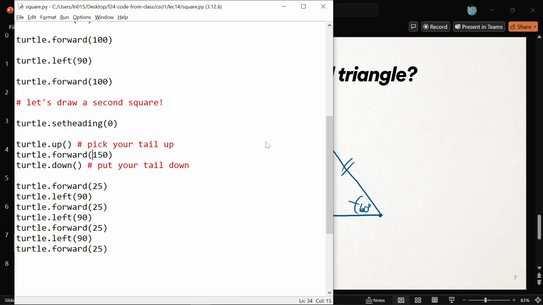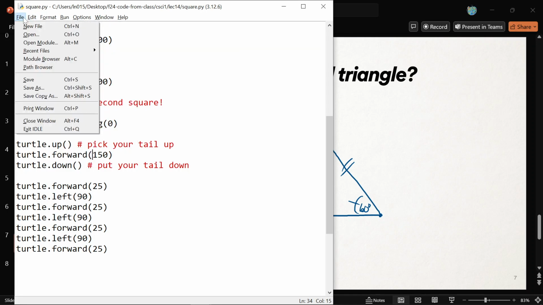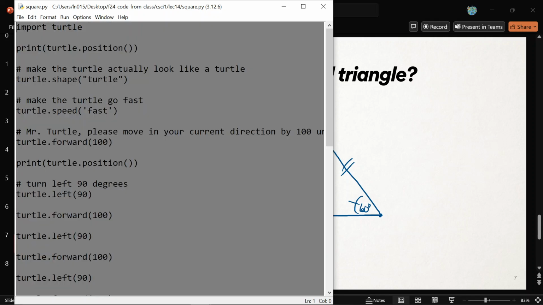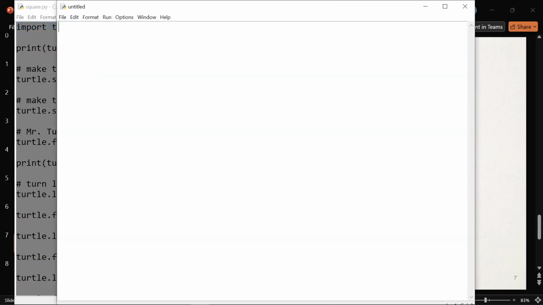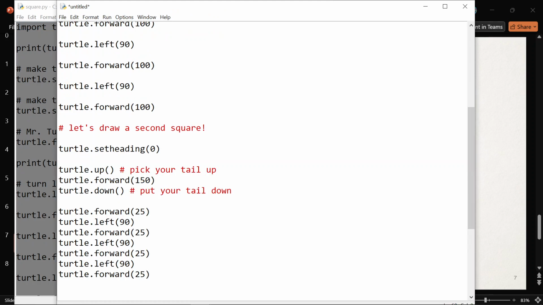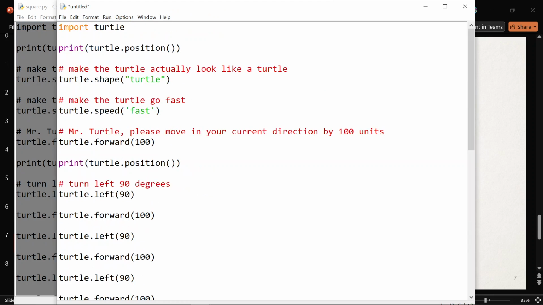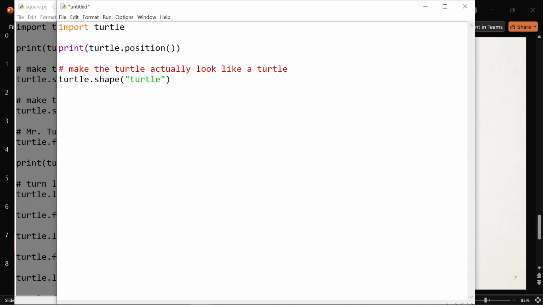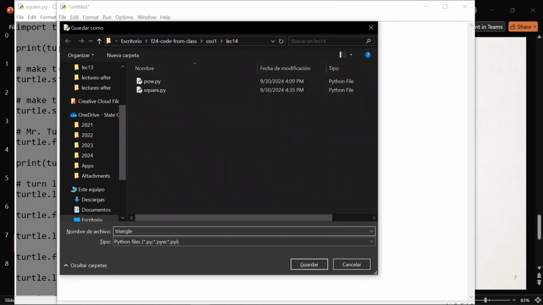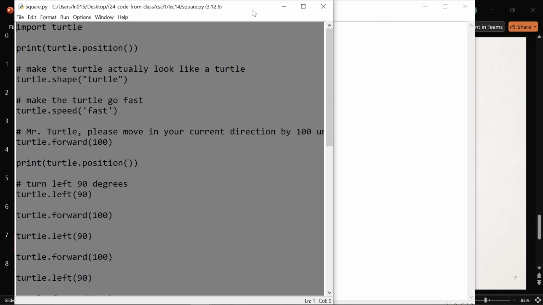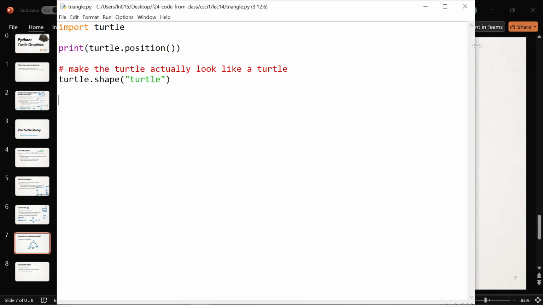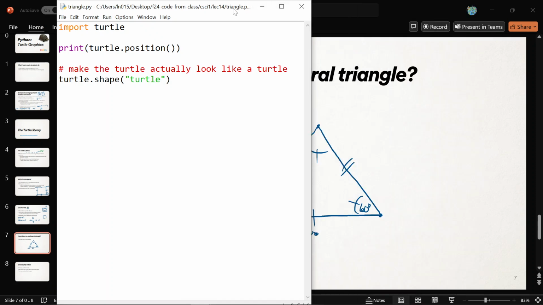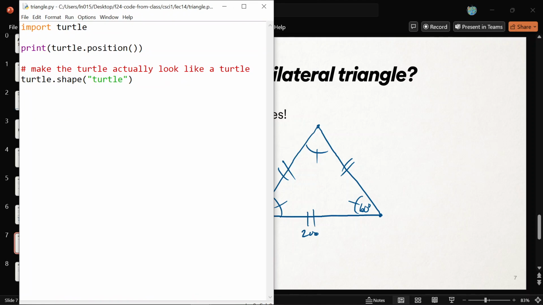Sure. We'll make a new file. Let me copy and paste most of this, actually. Not all of this, though. Let's just do the turtle shape and all that. And I'll save a new file, we'll go up to shape. I'll call it triangle.py. All right, so there's that one. And so, all right, we want to go forward, Mr. Turtle, by 200. So turtle.forward